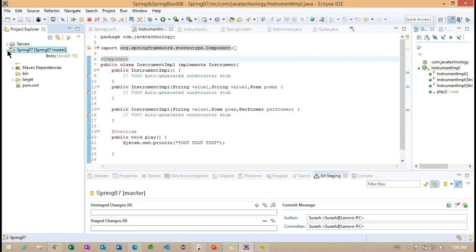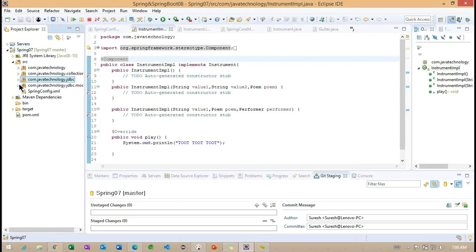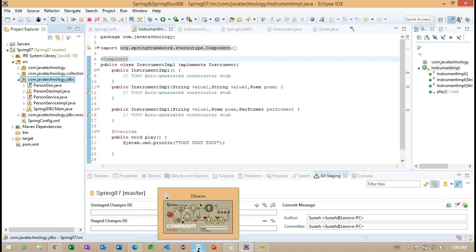So carefully observe here. We used these classes in the earlier classes. So I'm going to work on the same classes. In the meantime, let me check whether the other objects are available.